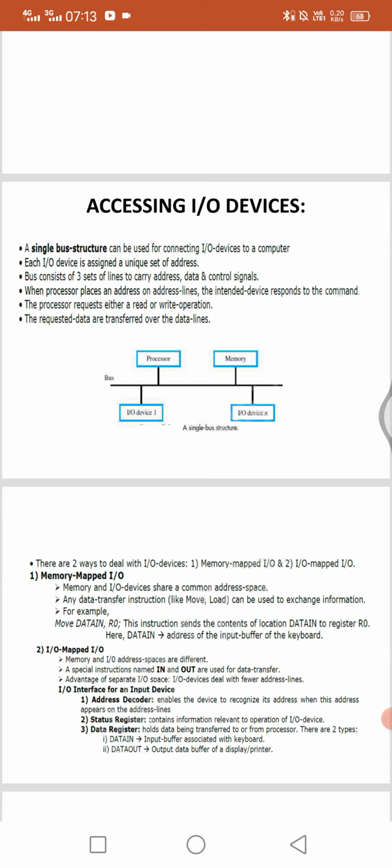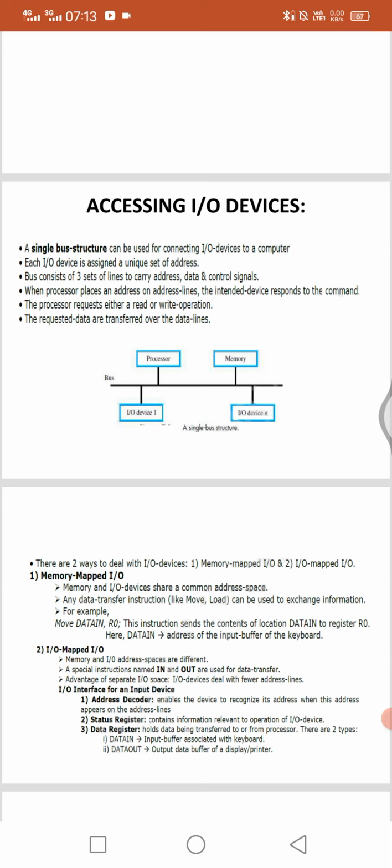When a processor places an address on the address line, the intended device responds to the command. Whatever command the processor sends on the address line, the respective device responds to it.